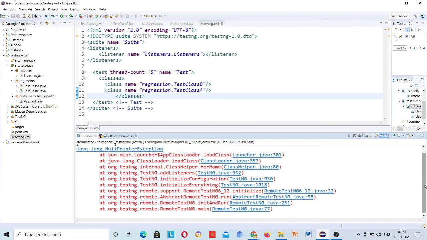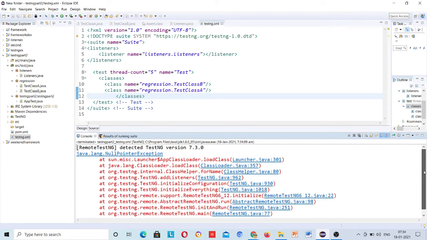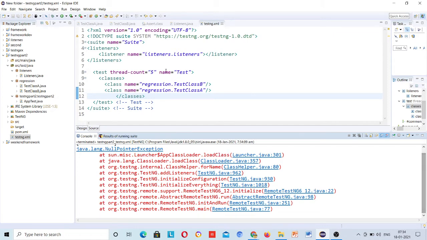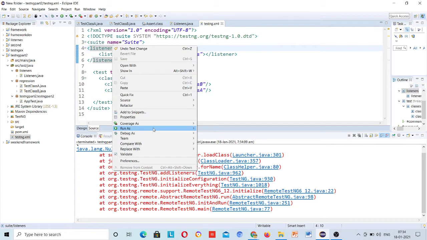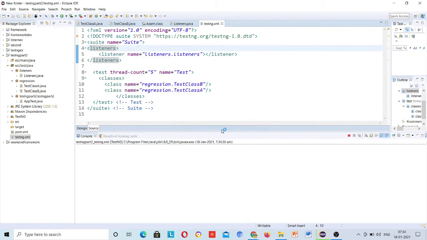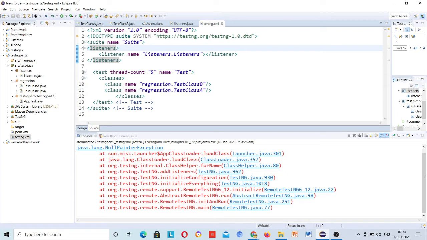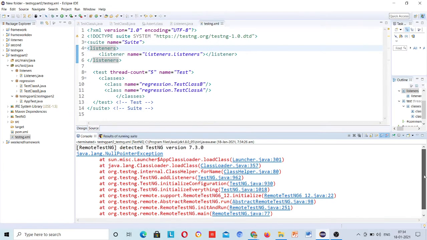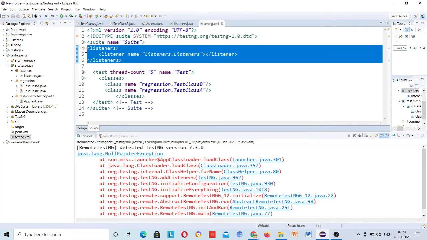Java dot null pointer exception. Just run it again. Why is this coming?